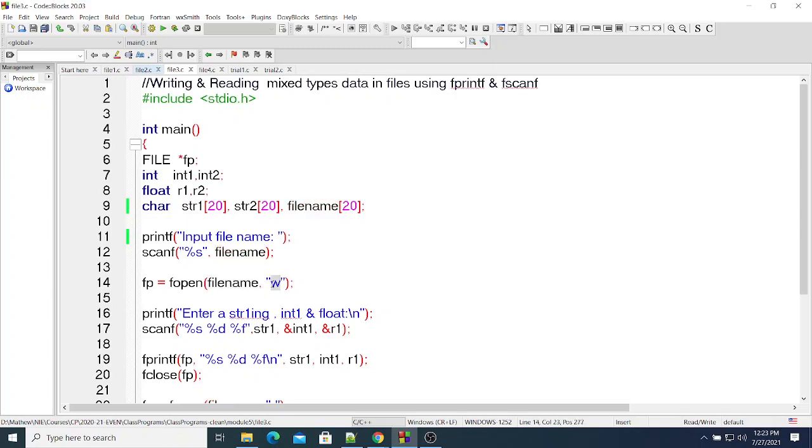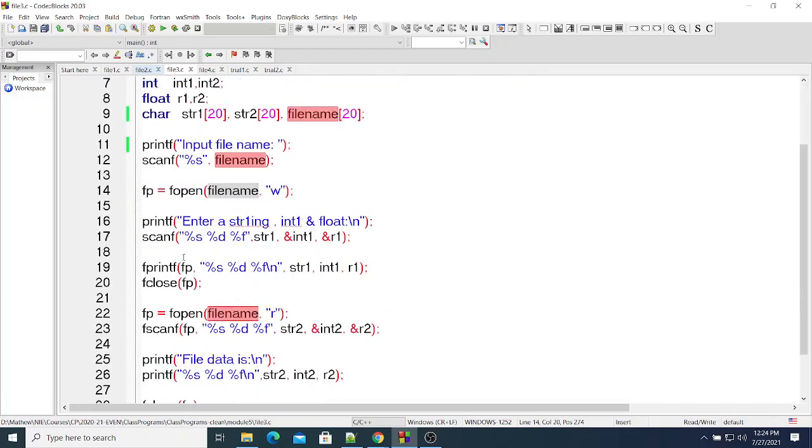And since it is w mode, if the file is not there, it will create a new file. If the file is already there, it will destroy the content of that file, effectively deleting that file and opening a new file with no content. Write mode. After that I am asking the user to enter a string,